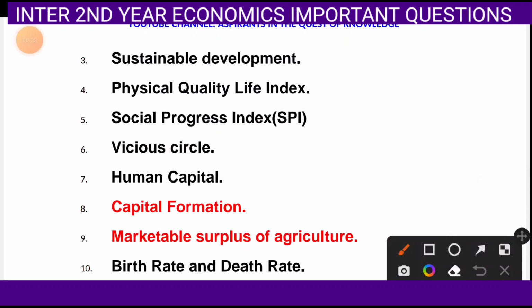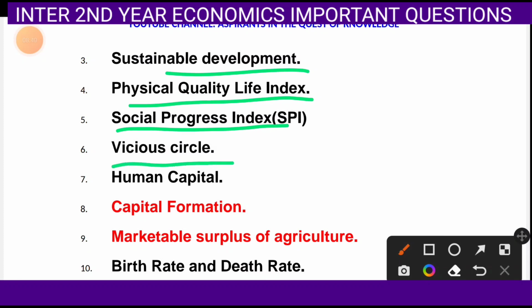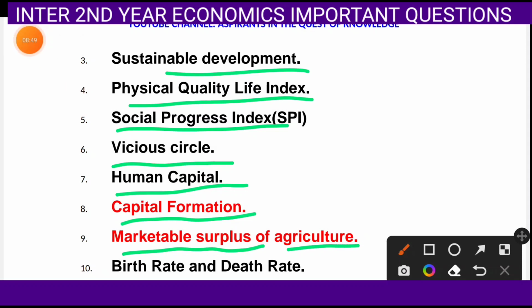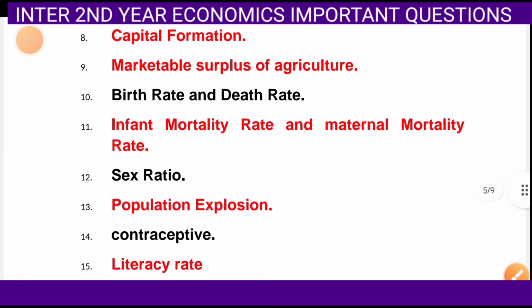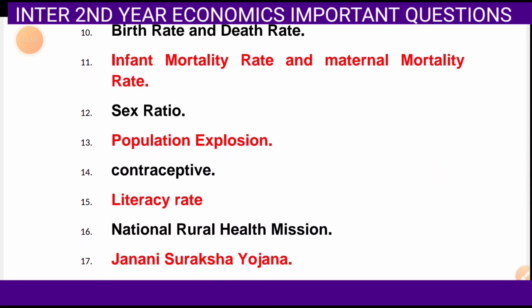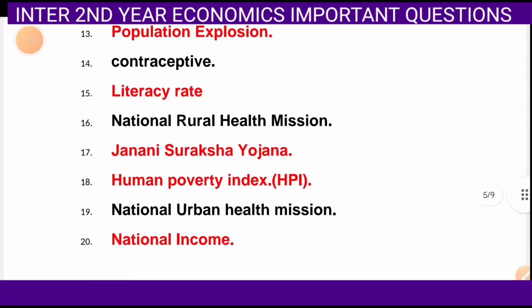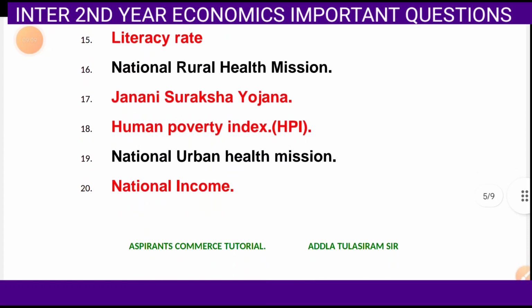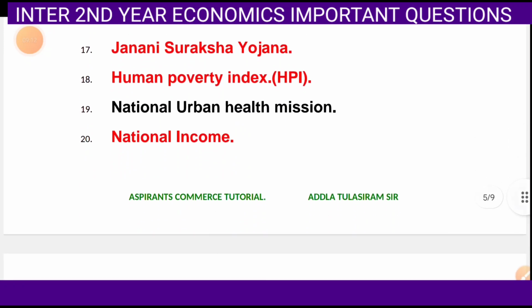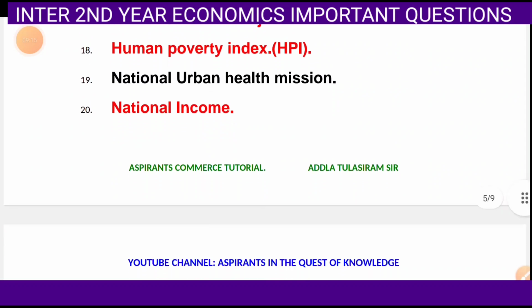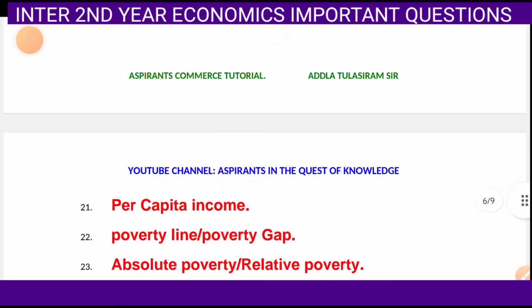Next, sustainable development, physical quality of life index, social progress index, vicious circle, human capital, capital formation, marketable surplus in agriculture. The next few more questions: birth rate and death rate, infant mortality rate and maternal mortality rate, gender or sex ratio, population explosion, contraceptive, literacy rate, National Rural Health Mission, Jana Suraksha Yojana, human poverty index, National Urban Health Mission, national income, per